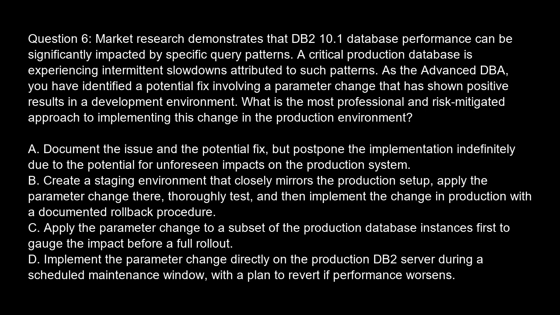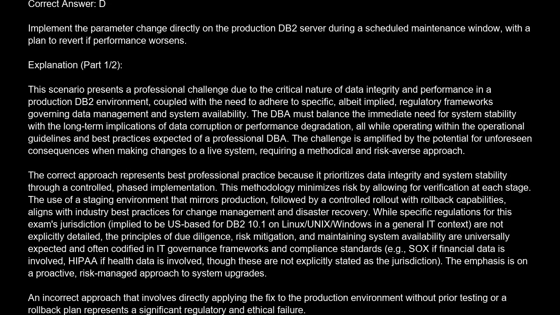Option C. Apply the parameter change to a subset of the production database instances first to gauge the impact before a full rollout. Option D. Implement the parameter change directly on the production DB2 server during a scheduled maintenance window, with a plan to revert if performance worsens. The correct answer is D. Implement the parameter change directly on the production DB2 server during a scheduled maintenance window, with a plan to revert